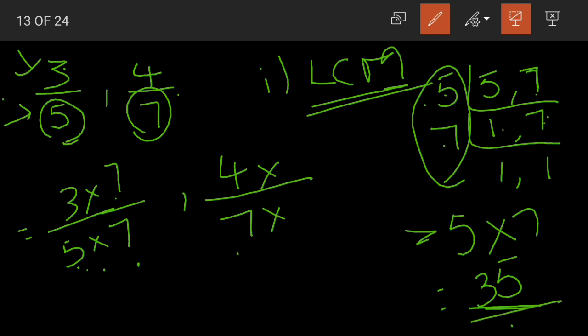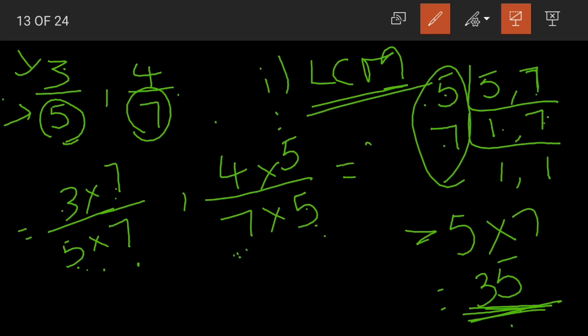Again, here 7 is the denominator. The LCM is 35. Now what should the 7 be multiplied with to get 35? 7 5s are 35. Yes. So when we multiply 5 with 7, we'll get the LCM 35. So we are multiplying both the numerator and denominator with 5. Yes students, as I said, we should do the same thing with both the numerator and denominator. You cannot simply just multiply the denominator here.